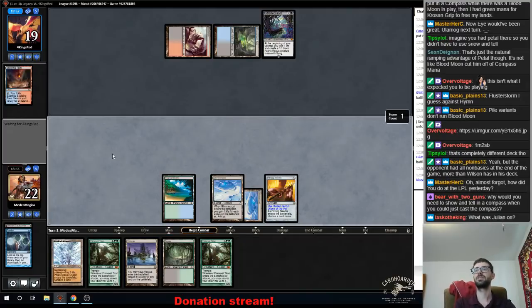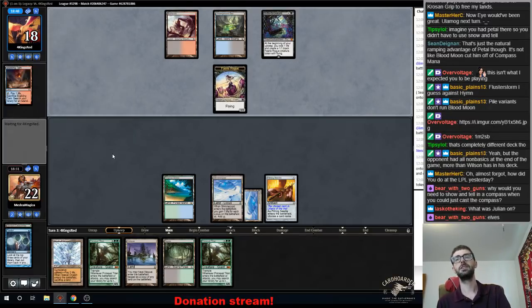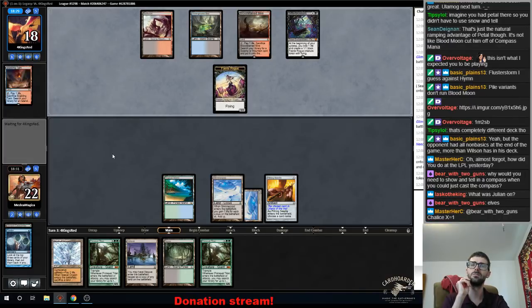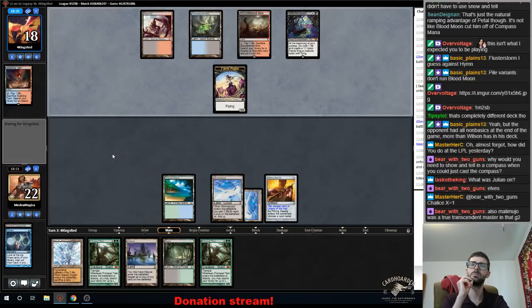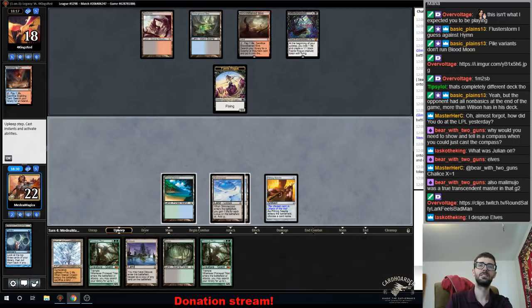So I'm going to preemptively stop a Liliana of the Veil from coming down, because that would be very detrimental for me given my current hand. Yeah, I'm looking forward to watching that matchup from the other side. If you're familiar with Julian,